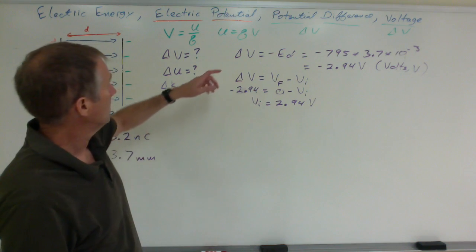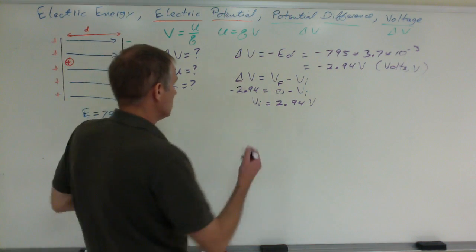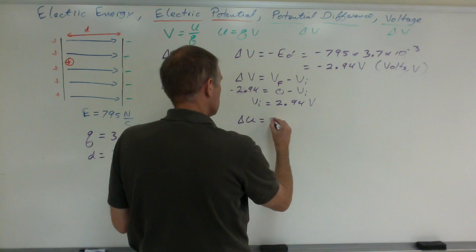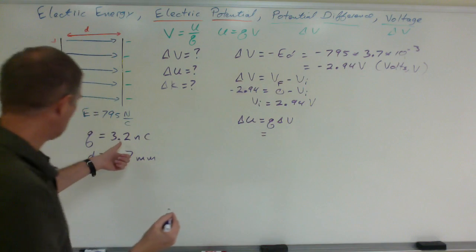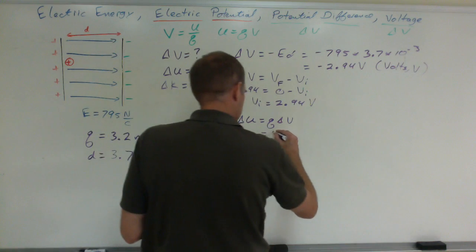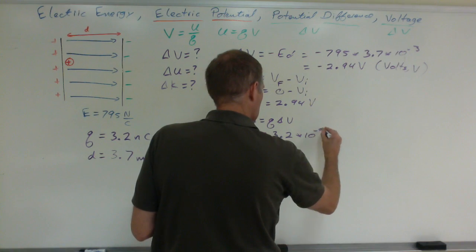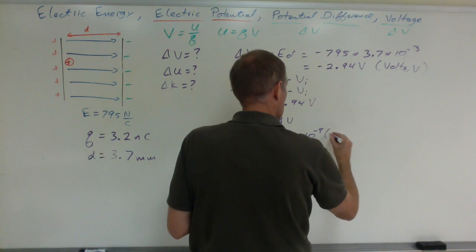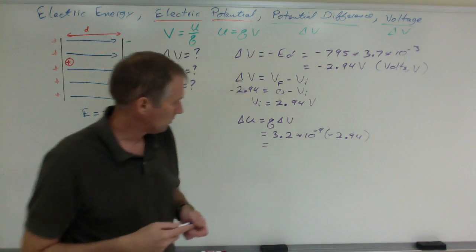We also know that if U equals QV, we know that delta U would equal Q delta V. So given that the charge right here is 3.2 nanocoulombs, that's 3.2 times 10 to the negative 9 coulombs, and delta V is negative 2.94 volts. When you multiply that out,